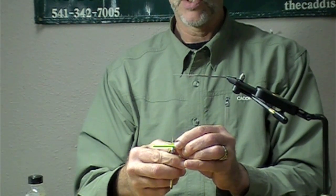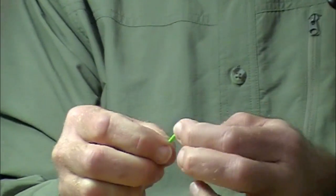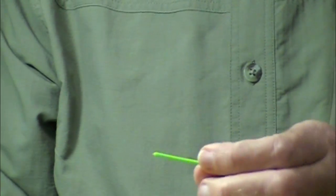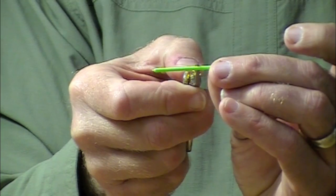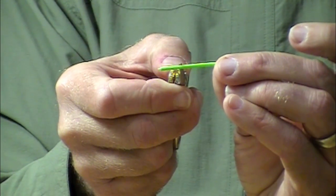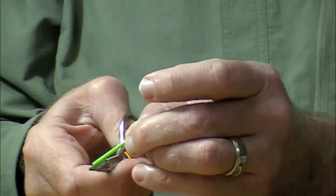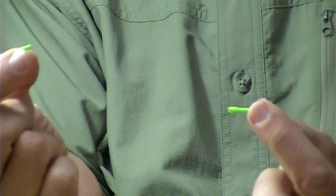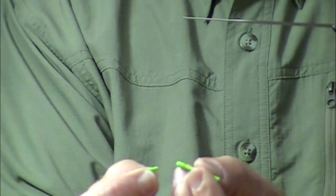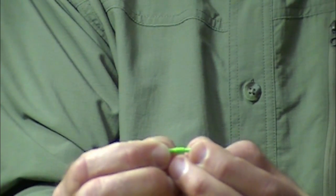You cut most of that hook guide off, and then you decide you're only going to use a little bit of this. Maybe you're going to use this much to tie your fly on, and at any rate, you're always going to have some scraps. You have a little scrap of the front end of your Flexi Tube. You seat that. The cool thing about this Pro